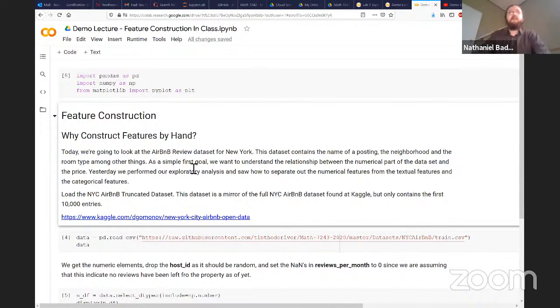Hello, my name is Nathaniel Bade, I go by Nate, and I'm going to give my little teaching demonstration today on feature construction. As an introduction, why should we construct features by hand? The review for this material is that we've already gone through data processing and analysis, especially around things like linear regression fits. So we've looked at some data sets, we've looked at tools, and we've seen how we can use